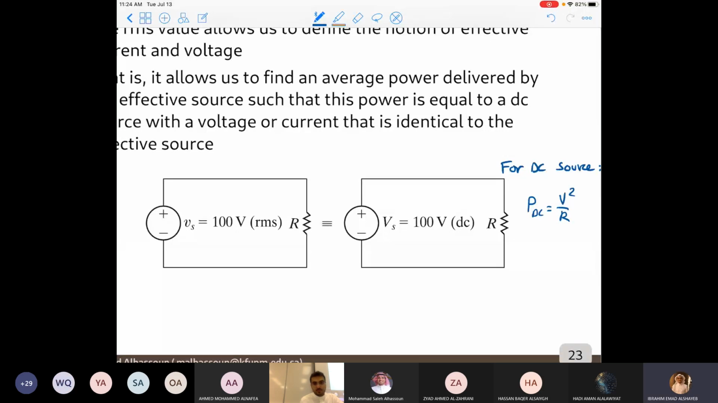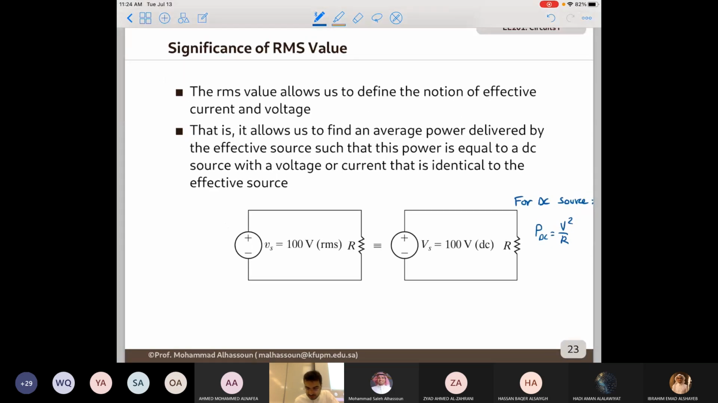It's constant. So what's the average of a constant? Zero? No. The same value. Yes. The average of the constant value is the value itself. So power DC is equal to